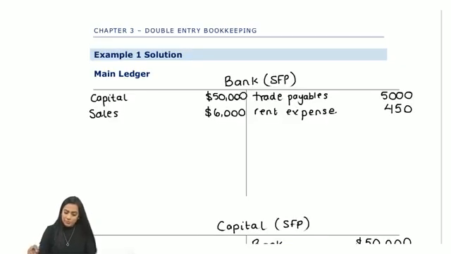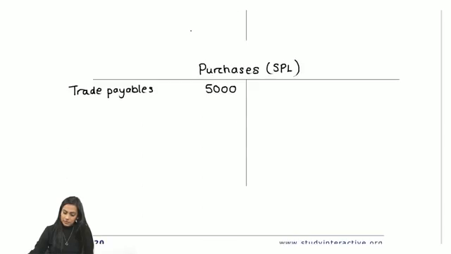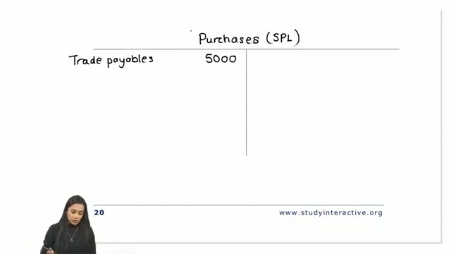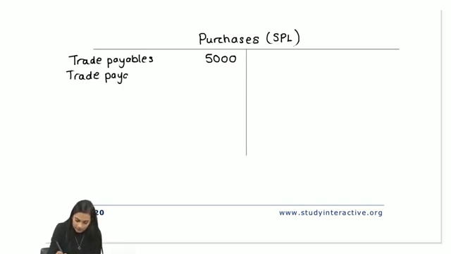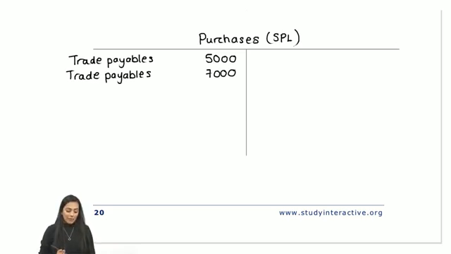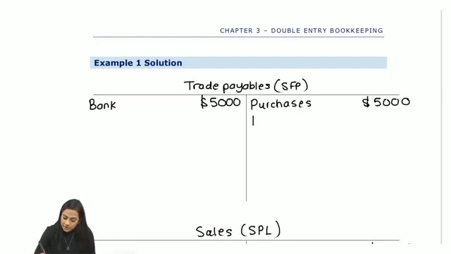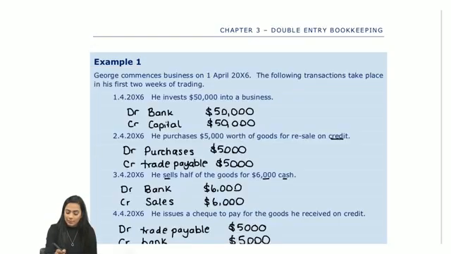On the debit side of purchases, you need to write trade payables, which are $7,000 here. And then we have on the credit side of trade payables, on the credit side purchases, 7,000. Okay, and that's that. And then we have on the 8th of April,